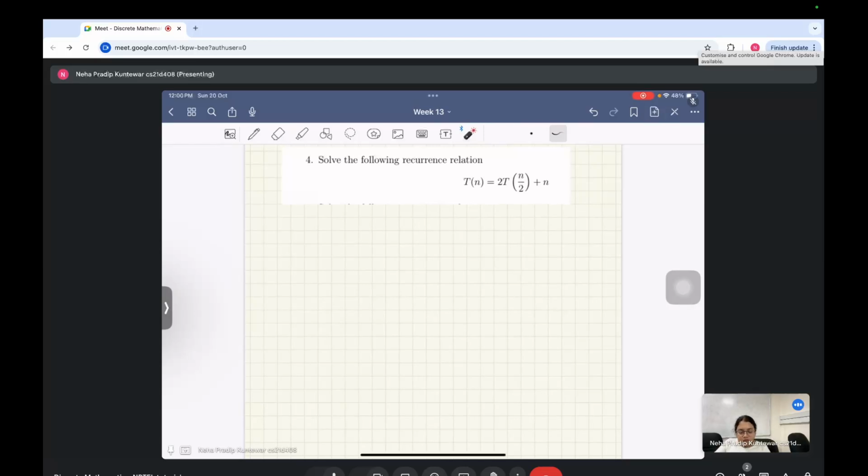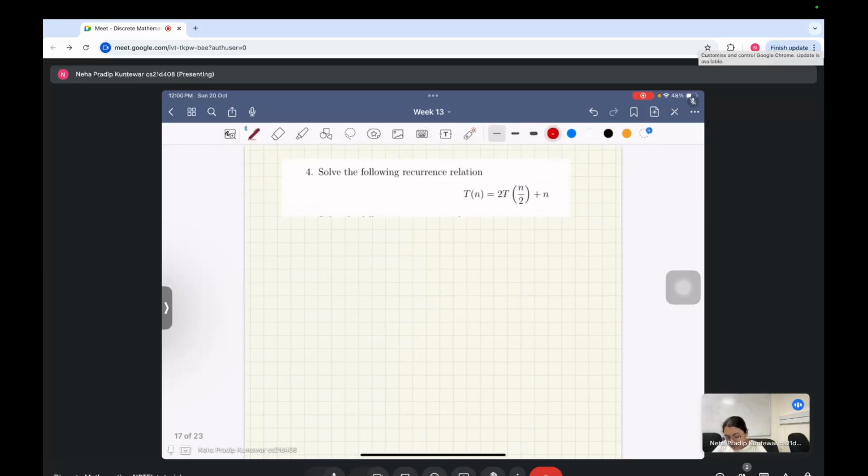So now we will recall the concept of recurrence relations. So what is a recurrence relation? A recurrence relation is something that tells us how a function grows with respect to its smaller values. So, for example, we did this example of tiling where we had a 2 cross n